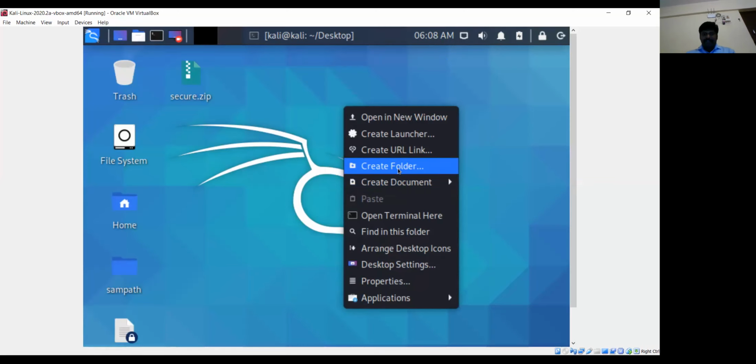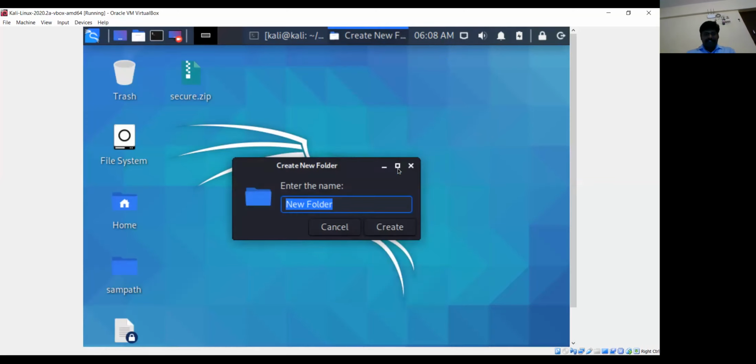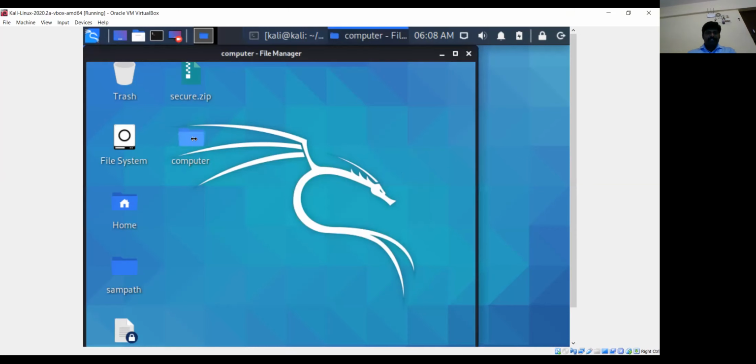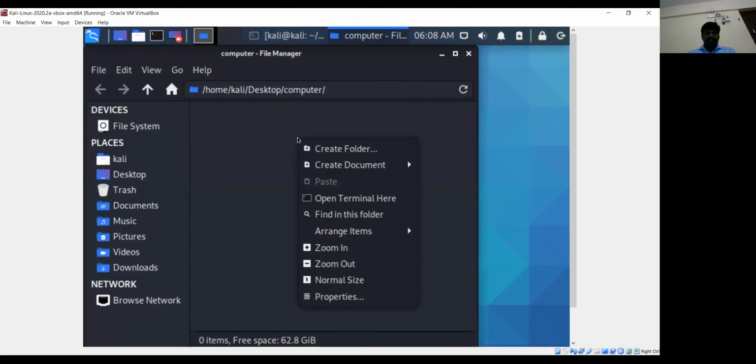We can create a folder, so for example, whatever it is. Computer, inside the folder. Now I can create a document, which could be an empty file.